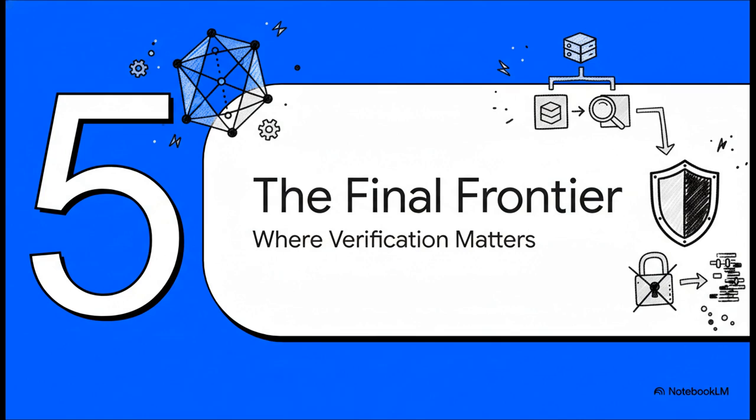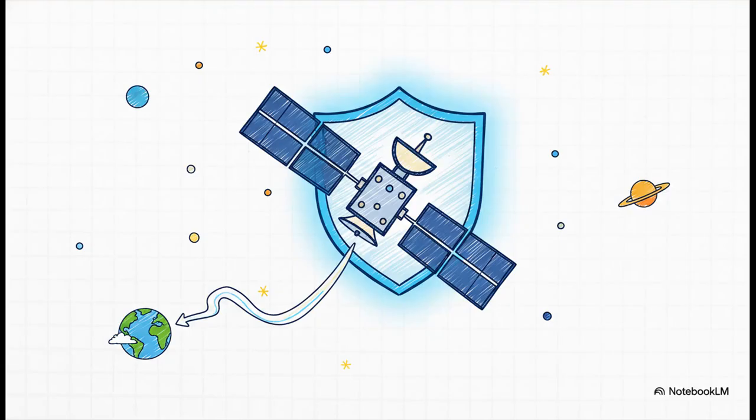So where does this architect approach, this mathematical certainty, go from being a nice idea to an absolute necessity? Well, let's go to a place where you can't just push a software update if something goes wrong. Deep space. When you're talking to a satellite millions of miles away, the code that's translating that data just cannot fail. The cost of a single bug is way, way too high.